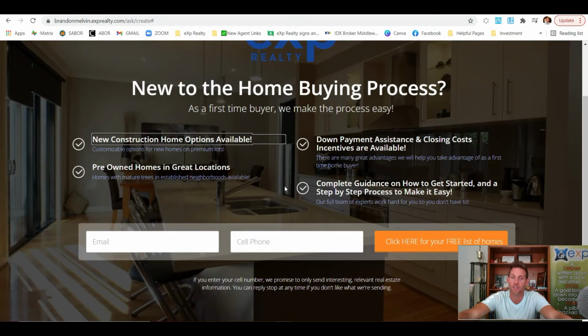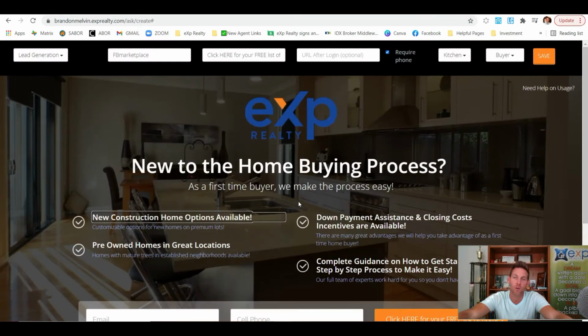And then lastly, we have complete guidance on how to get started and a step-by-step process to make it easy. Our full team of experts work hard for you so you don't have to. So hopefully that will entice them to put in their information, and then you can once again have KVCore go through the entire campaign of reaching out to them regularly to be able to follow up and get them as